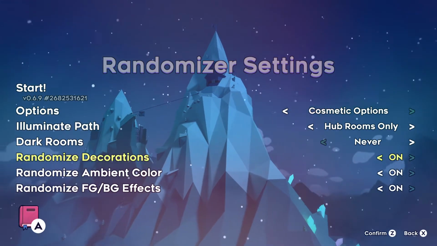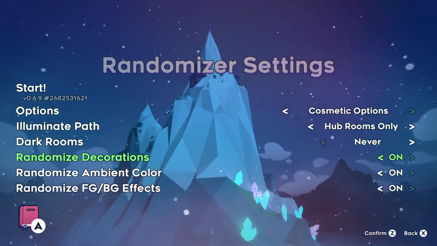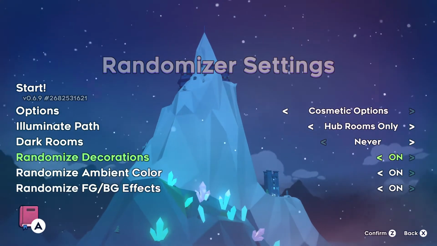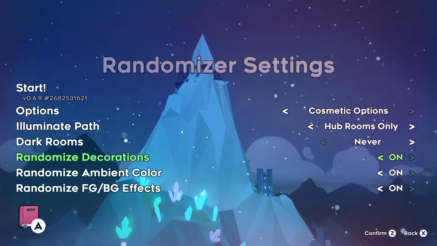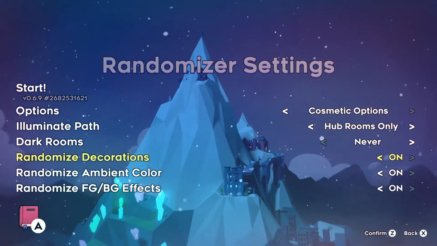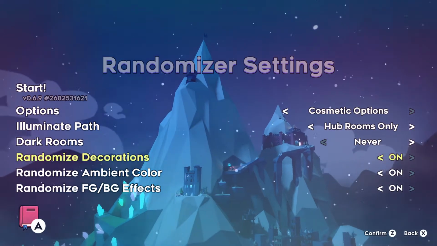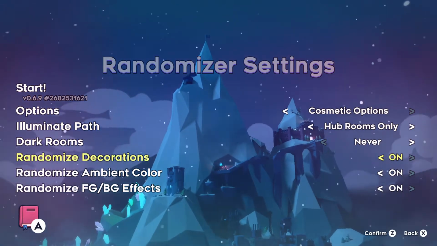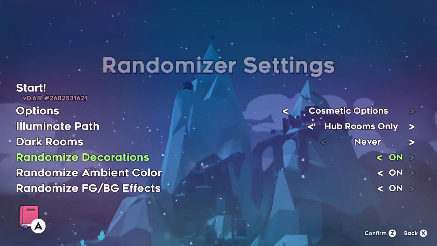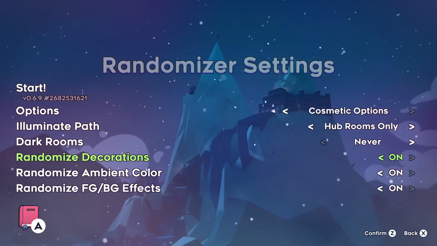Randomized decorations. All of these randomized decorations, ambient color and foreground background is automatically on. You can turn these off if you don't like them. Sometimes it can get a little bit annoying, but for the most part I think it's fun. But basically what it does is decoration, think entity, and decals. So, for example, actually, are decals randomized? No, they're not. I'm not sure if stylograms are randomized yet. I thought they were, I'm not sure, but